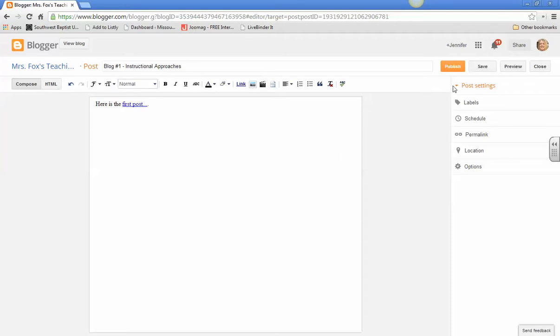Before you publish it, you actually need to save what you're doing. This is not one that saves automatically, so you need to save periodically. And then publish is how you're going to actually